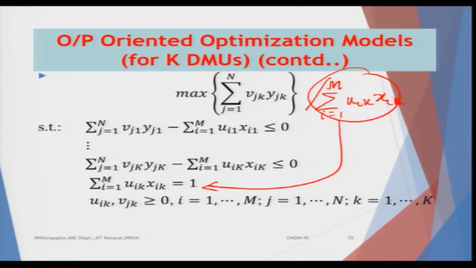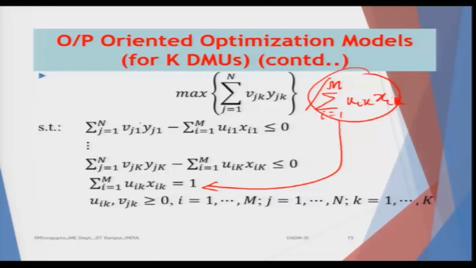Now, as I am doing it, the constraint will also be changed in a very simple way. The initial constraint for the first one was what? The bundle of outputs for the first DMU divided by the bundle of inputs for the first DMU was less than or equal to 1. So, when I take the input onto the right hand side and then again bring it back to the left hand side, the equation now becomes like this for each and every constraint.